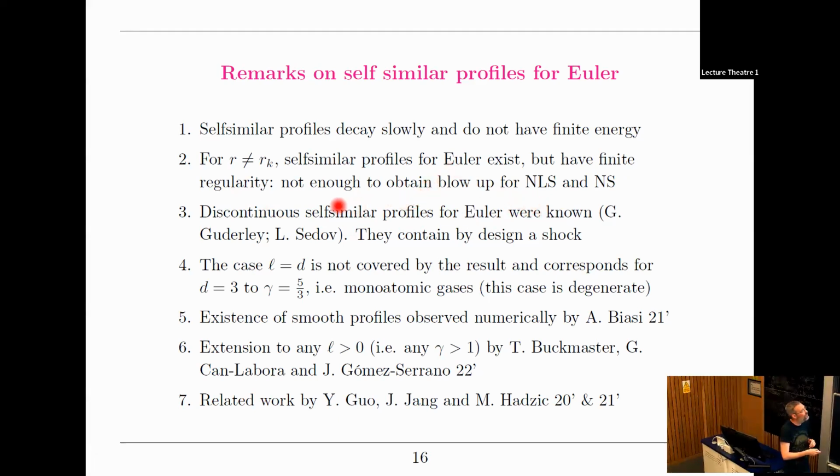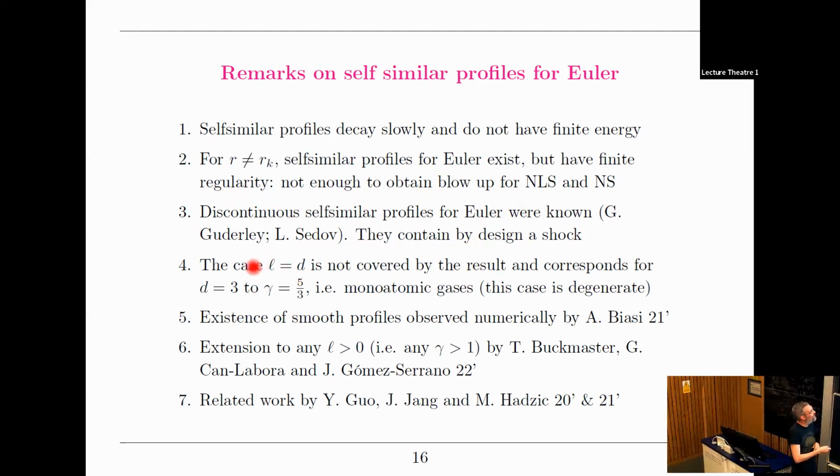If you look at a self-similar profile in general, you will always see a shock. The generic behavior is a shock. These are the solutions that Igor discussed that were constructed by Gödel and Sedov. So the generic behavior is to have a shock. In other words, you're going to cross the sonic line and you will experience a problem there. And if you want not to have a problem when you cross the sonic line, you have to fine-tune things.